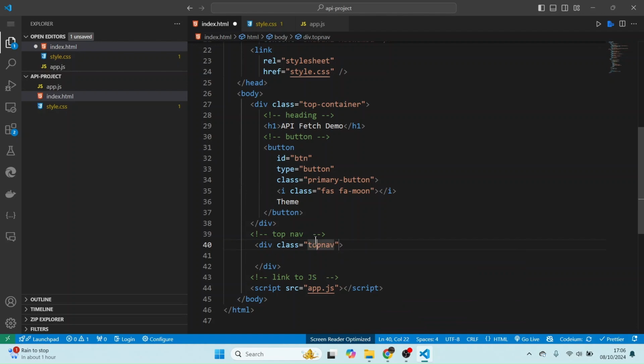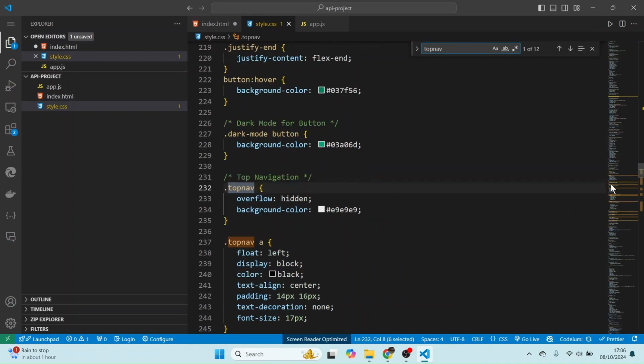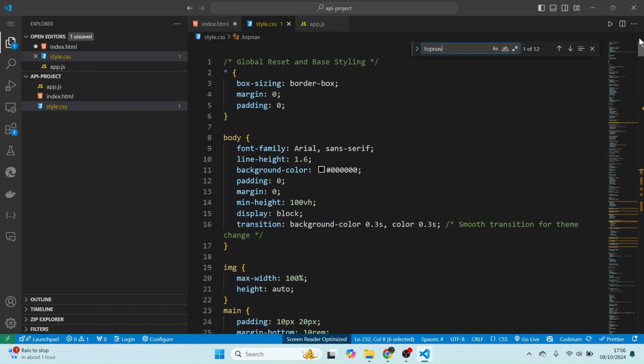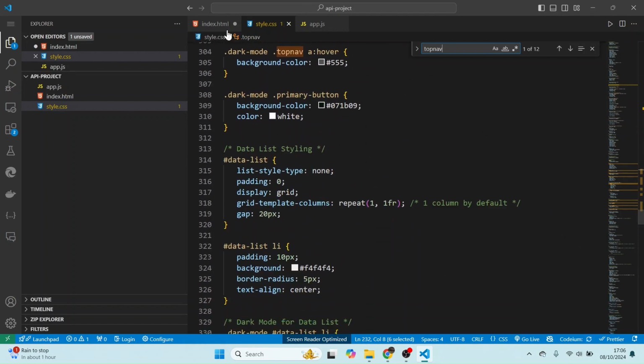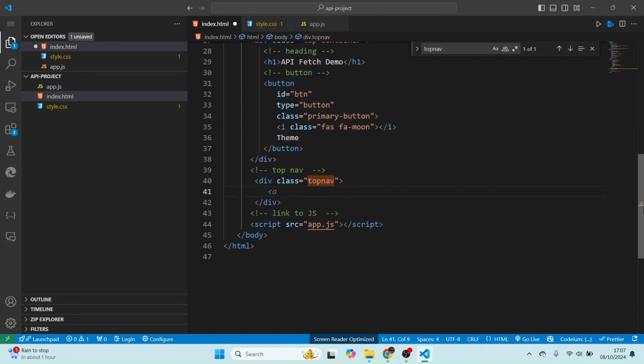So you may be wondering about these classes. I already defined them in this file, so I don't want to write the CSS. It may take long. I just want to focus on HTML and JavaScript. All right, so class top-nav bar, top-nav. So in top-nav,